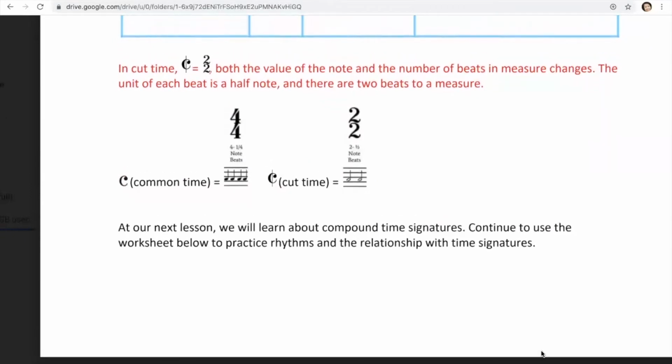Now, if you remember, I had mentioned 2 time signatures that do not use numbers at all in the writing on the music, but they do have a specific value. Common time, indicated by the C, is the most commonly used time signature in music, which is 4/4 time. There are 4 beats to a measure,